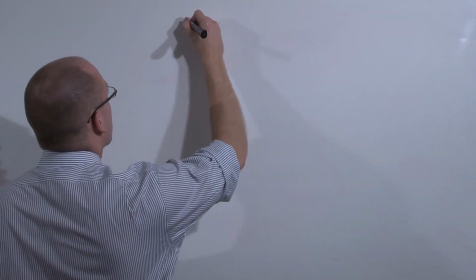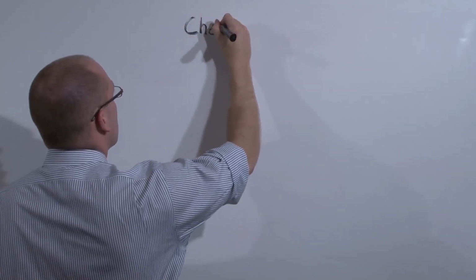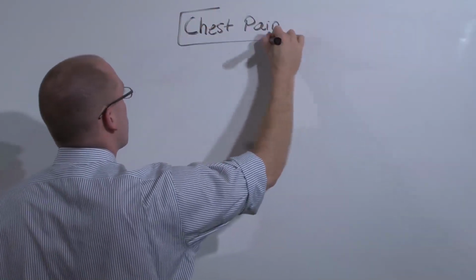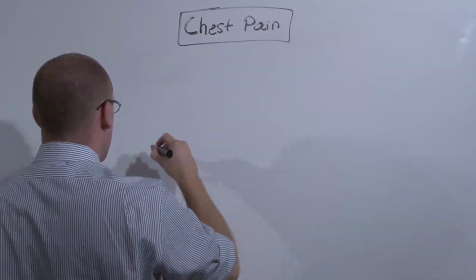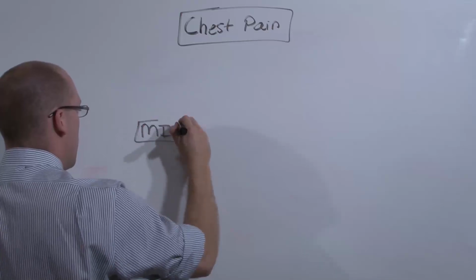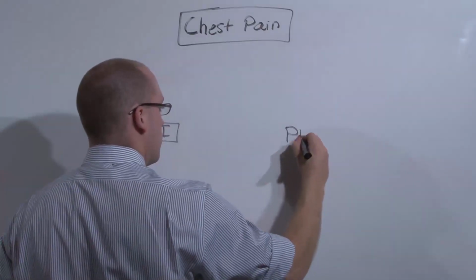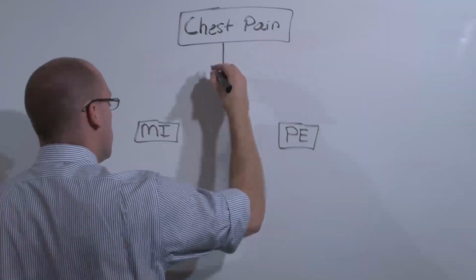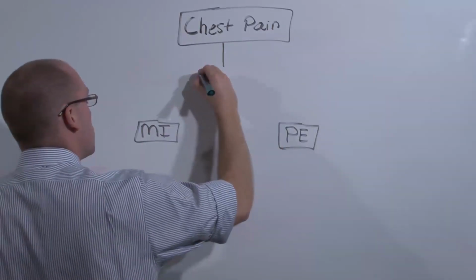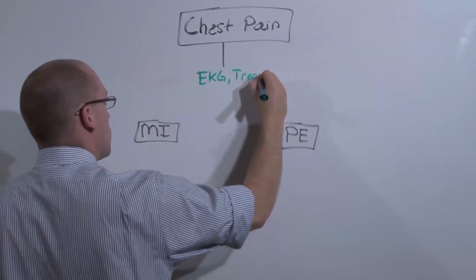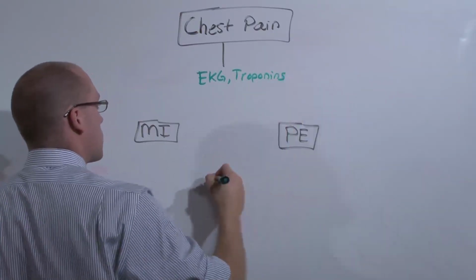And it's free. Chest pain in the post-operative setting comes down to two things. You want to make sure this patient isn't going to die. So you want to make sure they're not having a myocardial infarction and that they're not having a pulmonary embolism. What you're going to do is get an EKG, 12 lead, and troponins for the myocardial infarction, and you can